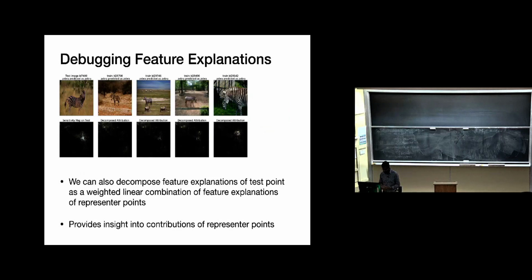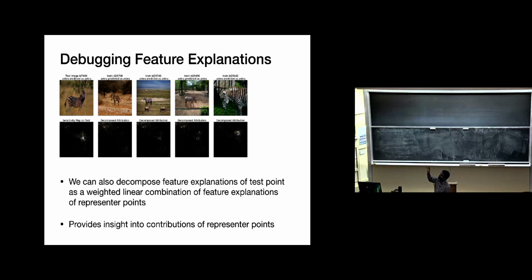You can also debug the feature explanations themselves. So the approach that we had was to decompose the model prediction, right, in terms of the contributions from each of the training data points, right? And so here, again, given a test image, I can use a feature-based explanation to find out what are the portions of the image that the model is focusing on, and I can decompose that in terms of contributions from each of the training images,